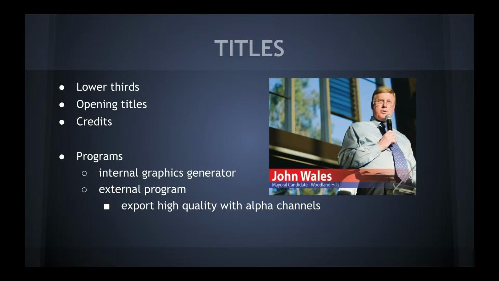I see this title. We actually use it as an example in quite a few of our presentations, and I like using it for the sake of it's a really bad lower third. Not only is the guy looking outside the frame to the right, so the shot's junk. Why is there a bunch of room behind him? I don't know. And then why is the lower third on the left side and on the right side? Like, it's like titling the building behind him as John Wales. So,